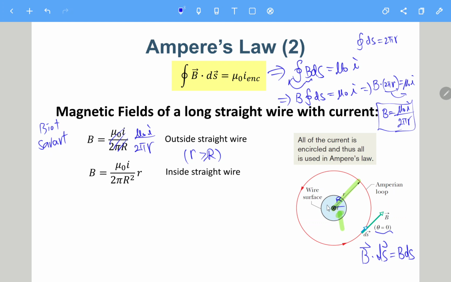It should be uniformly distributed. Otherwise, B might not be uniform over the circle. Okay, so uniform is still necessary. Okay, so the second case,